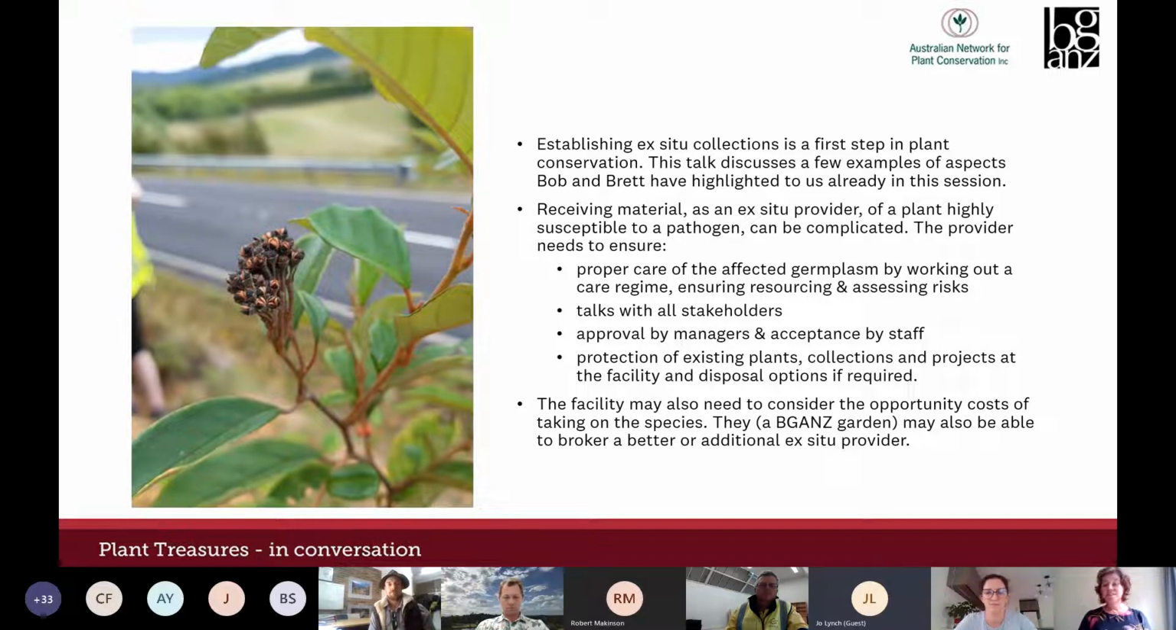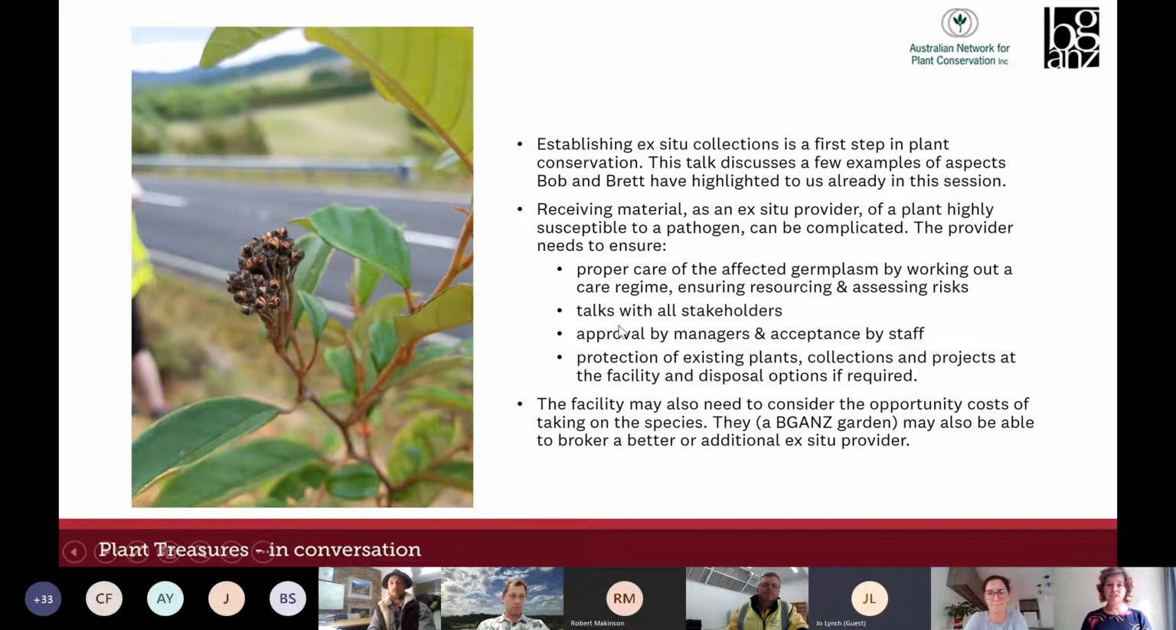And that includes talking to all the stakeholders who might be already involved with your organisation on other projects, and approval by managers and acceptance by staff of some of those different care regimes that might be required. And of course, we also have to think about protecting the existing plants, collections and projects at the facility. And I'll talk about this in a bit more detail, disposal options if you need to do that. And the facility you approach might also need to consider that they might not be the right provider to take on a threatened species. Especially if you've approached a BGANZ institution, that's a great way to start, because they might be able to broker a better or additional